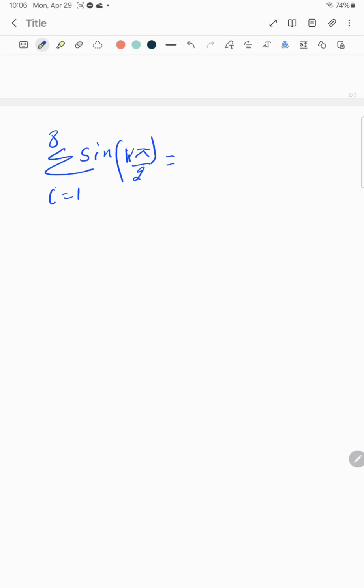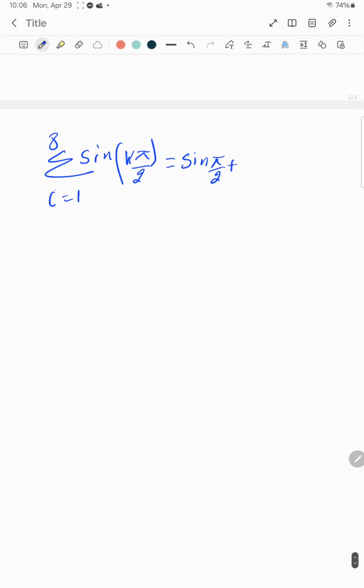So the first term is k equal to 1. It's going to be sine of 1 times pi over 2, which is pi over 2. The second one, k is equal to 2. 2 times pi divided by 2 is sine pi, plus sine 3 pi over 2,